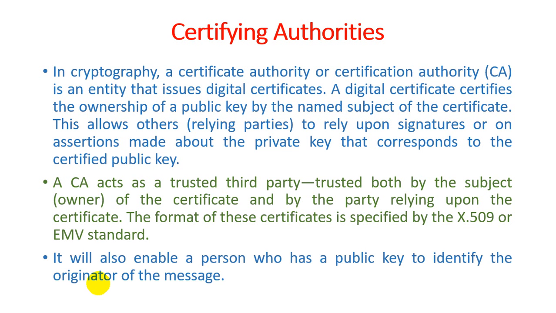It also enables a person who has a public key to identify the originator of the message. As we discussed previously, if we get a message in unreadable form and want to convert it to readable form, we require two things. First, the algorithm name applied by the sender, and a private key which defines the authentication of a particular message. And the sender requires